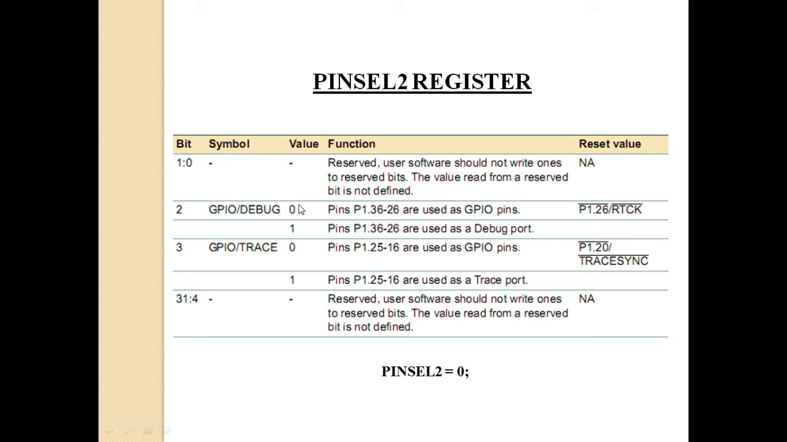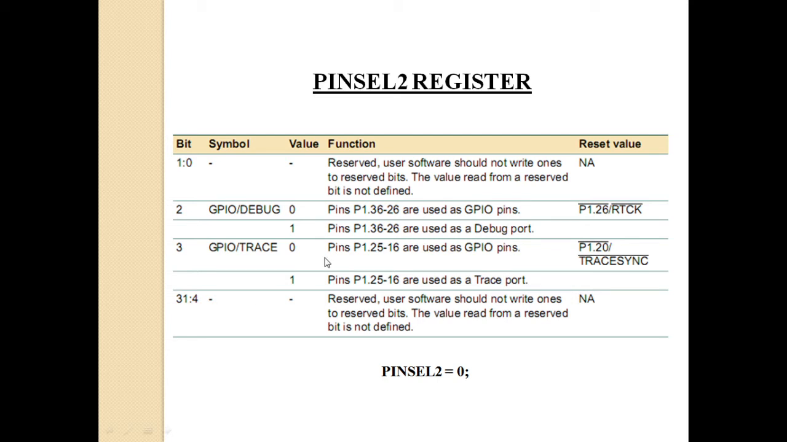I need to write a bit value 0 in bit number 2, value 0 in bit number 3. So the PINSEL2 register is a 32-bit register. In that, only 2 bits you are configuring. If you are taking the hexadecimal equivalent of 32 bits, it will be this bit 0, this bit 0, so the hexadecimal equivalent will be 0. So if you are writing PINSEL2 equal to 0, that means all bits 0, you will be configuring